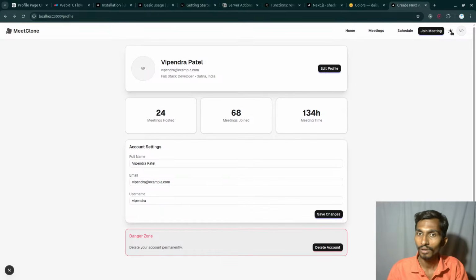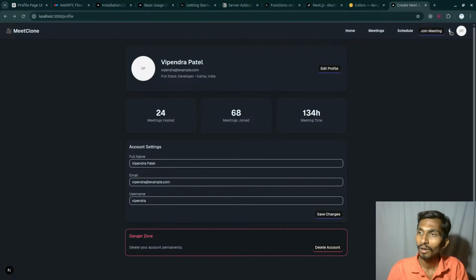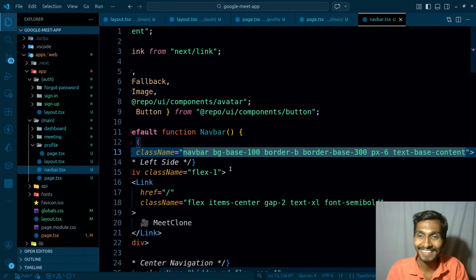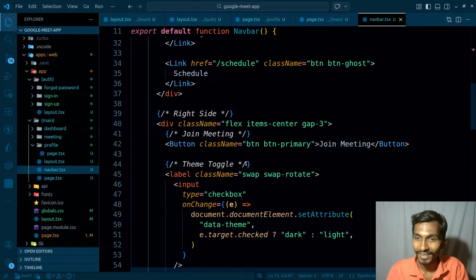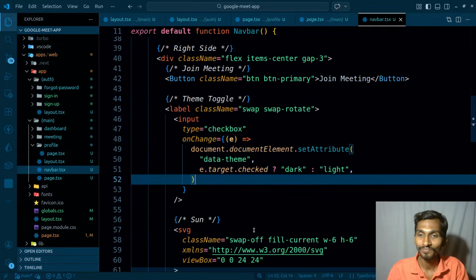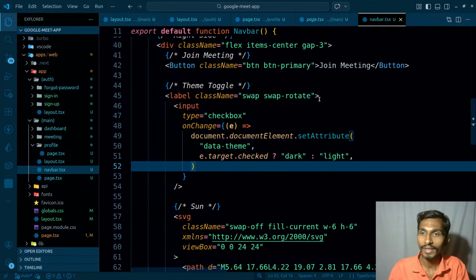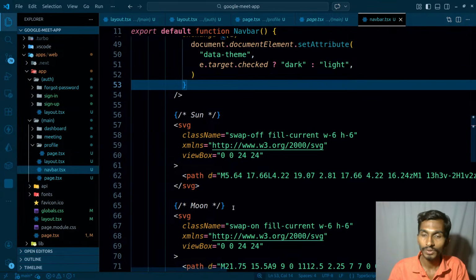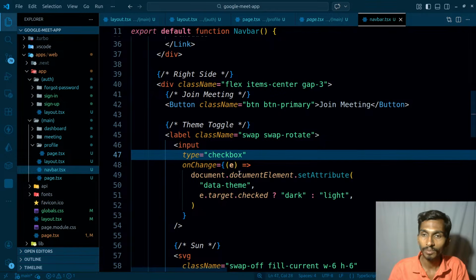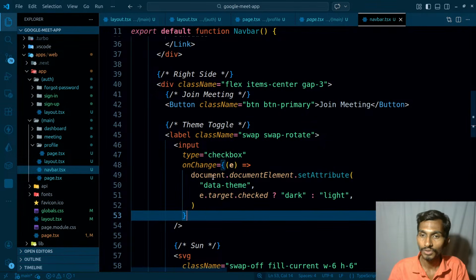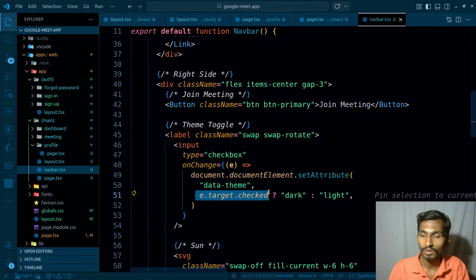Oi, how did it start working? Huh. Okay, what am I doing here? Just a minute, where is that button? Okay, it is just changing it. So whenever I click on this toggle button, so first of all, this is the whole thing. Whenever I click on that particular input box, checkbox, on change document set attribute data theme, and that's gonna be event.target.checked